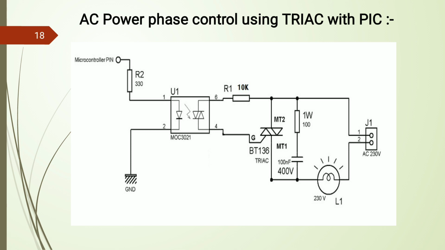For that triac, the gate terminal is physically present, that is, the BT136 triac device is there, and for that purpose after activation from the optocoupler the signal is applied to the gate terminal of a triac, and based on that we get or receive the signal for positive half cycle as well as for negative half cycle to the